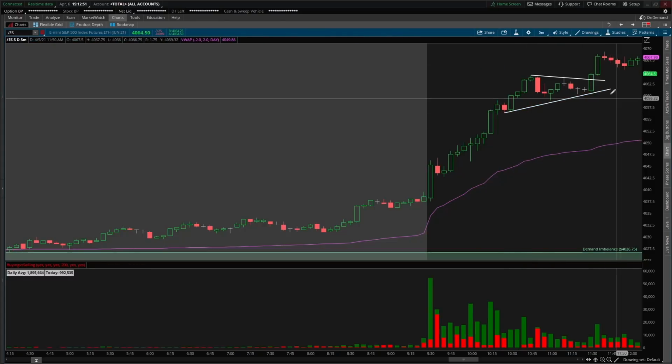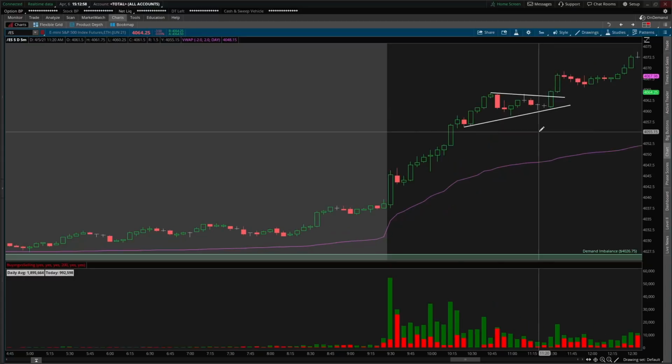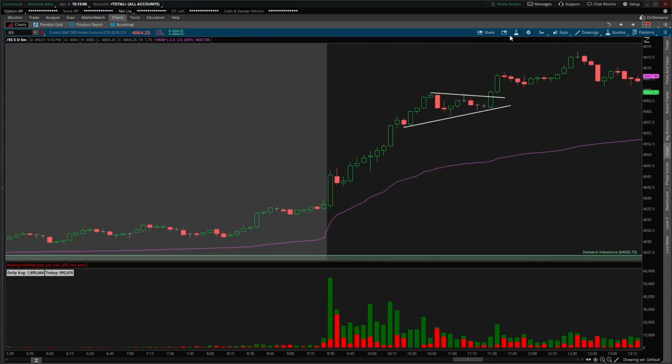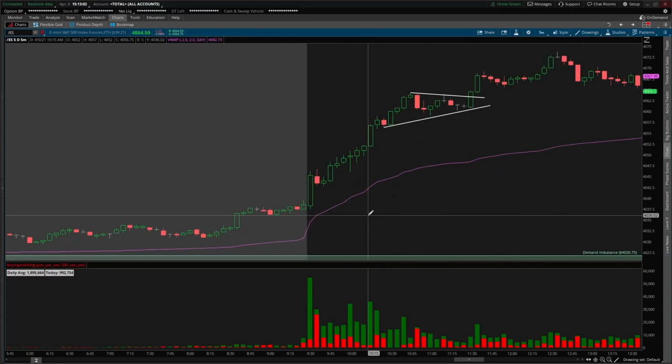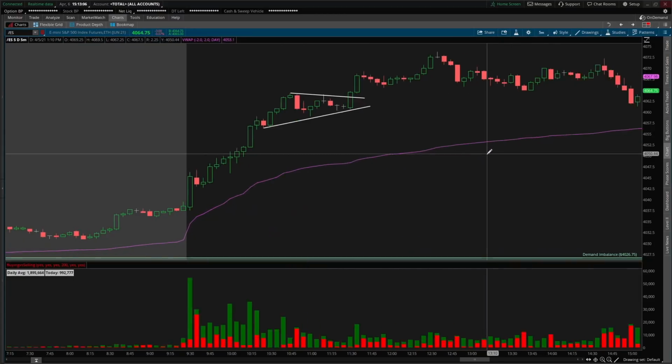So we did flag. You could argue that this could have been a valid long entry after we did base in this area over here. I love seeing bull flags. However, the low momentum, low volatility uptrend kind of killed the premiums. It was a 40-point move. However, it wasn't very clean action.